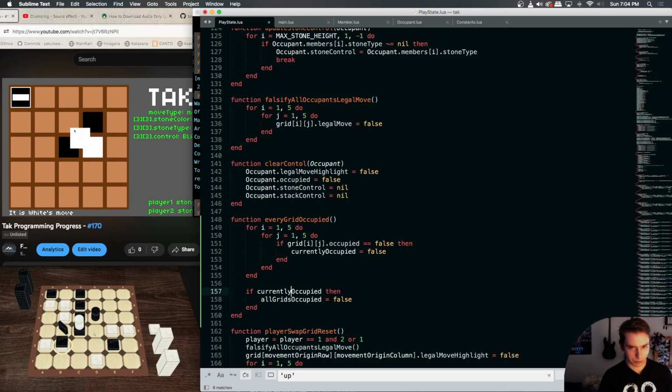Because I've done that before, doing a Boolean with the word "not" in there, which kind of defeats the purpose of a Boolean. So we're cycling through every grid. If any of those grids are not occupied, this currently occupied Boolean gets set to false. Then if we are false on that currently occupied, that means at least one of them is not occupied, then all our grids are